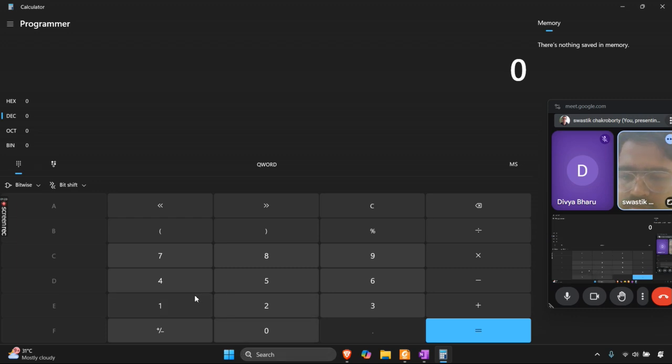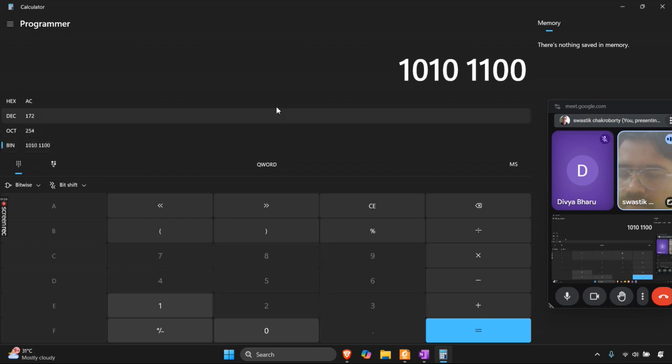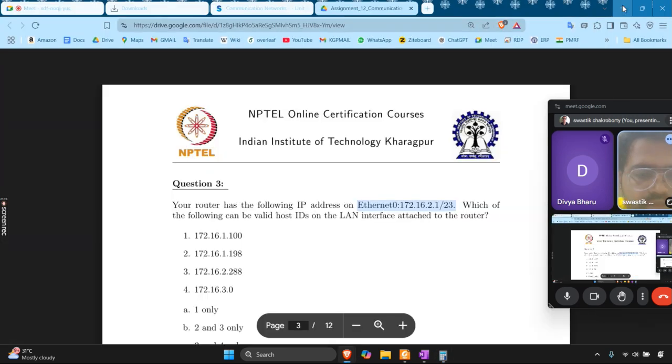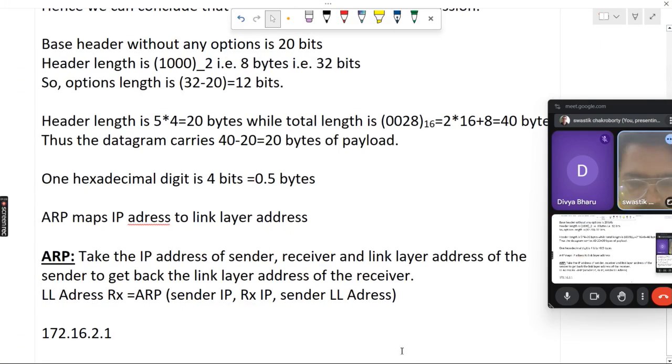Programmer's calculator. So 172 in binary is 10101100. Next, 16 is